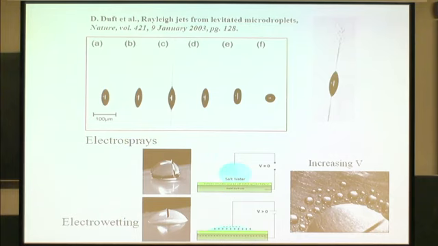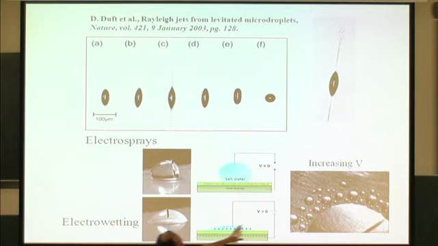Now, the second situation is very related, essentially the same, but now your drop is sitting on a flat solid surface. You apply electric charge by connecting a battery, which provides some charge to the drop. Now you place an electrode beneath the drop, and the different sign of these charges produces electric fields, so that the drop deforms. Typically it is going to expand. This phenomenon is called electrowetting.